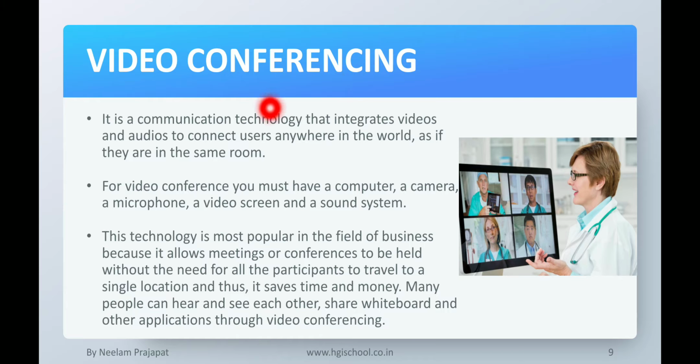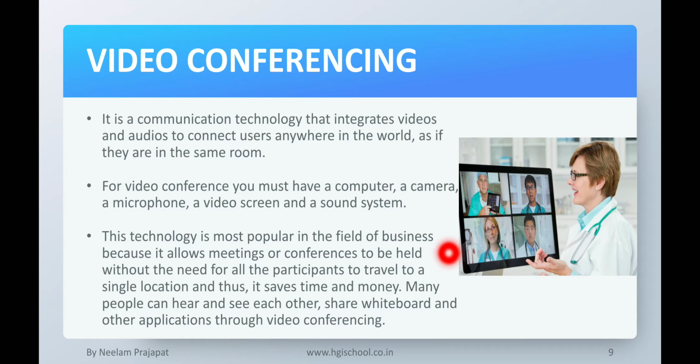Now, another type of web service is video conferencing. You are very much familiar with it. It is a communication technology that integrates video and audio to connect users anywhere in the world as if they are in the same room. For a video conference, you must have a computer, a camera, a microphone, a video screen, and a sound system.